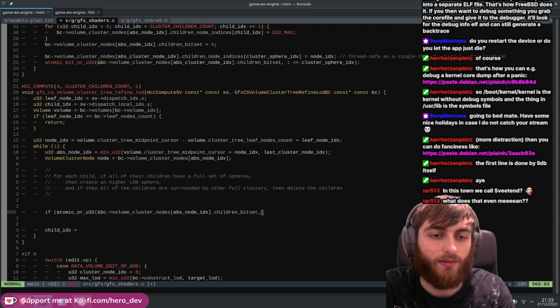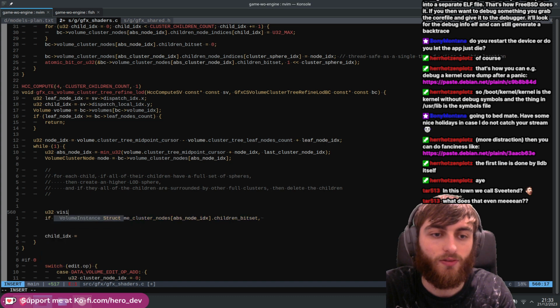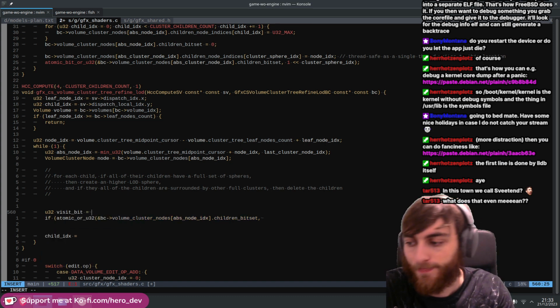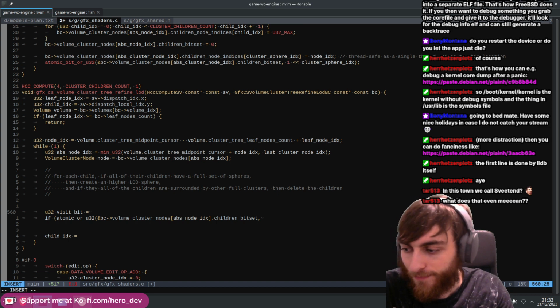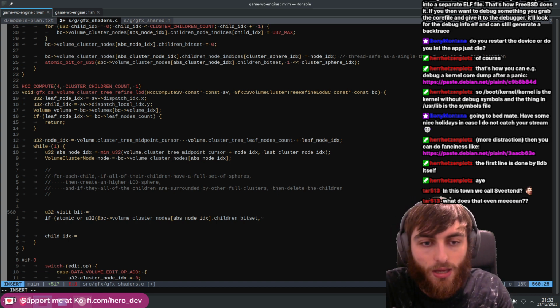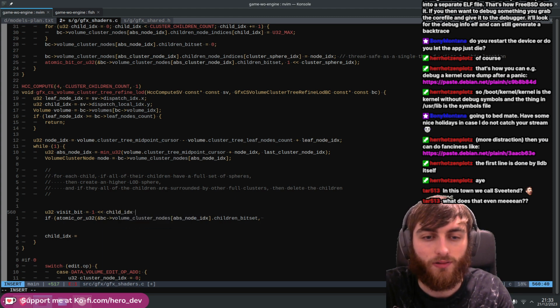So this is the bit to say that we've been here. So this is the visit bit. So it's one shift left, whatever the child index is, plus